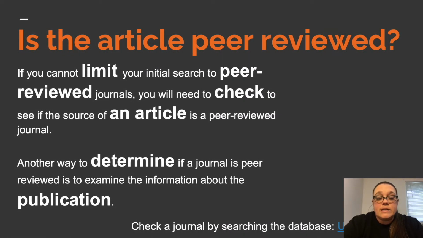Something else to consider is: is the article peer-reviewed? For the research paper proposal and for our final argumentative essay, you are required to use peer-reviewed sources. And again, I have a video on that in Readings and Resources or in the Week 2 lessons. If you cannot limit your initial search, like if you're using a database, to peer-reviewed journals, you will need to check to see if the source of an article is in fact from a peer-reviewed journal. One of the ways to determine if a journal is peer-reviewed is to examine the information about the publication itself. You can check and see if a journal is peer-reviewed by searching the database